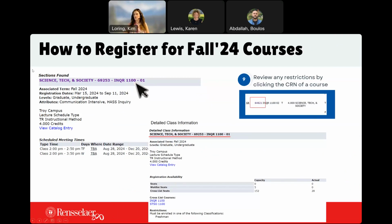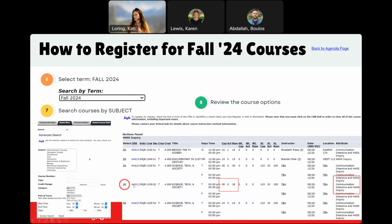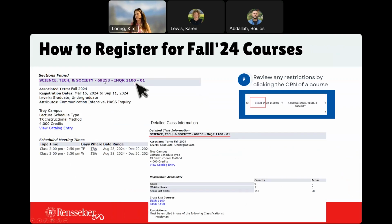So once you click into the class, say you're going to click into the CRN right here. I forget what CRN stands for. Karen, what does it stand for again? Course registration number. There we go. It's something so simple. So you'll click the CRN, and then it's going to bring you into this area, and